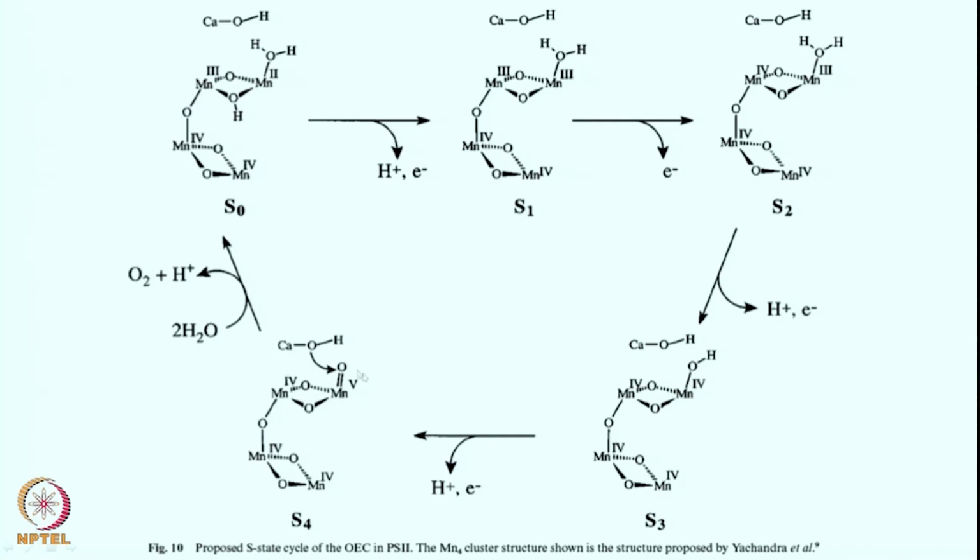So this is the only change that you see, and that is happening quite easily, right. What you have seen over here is manganese 3 and manganese 2, you end up having manganese 4 and manganese 5 center along with the oxo, and this oxo is the one which is responsible for formation